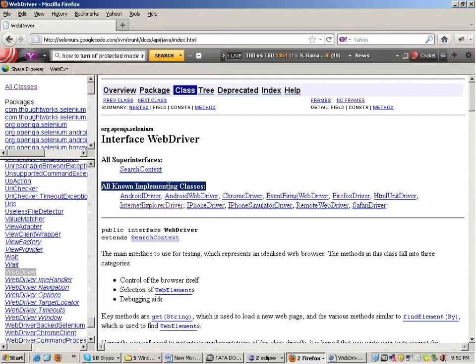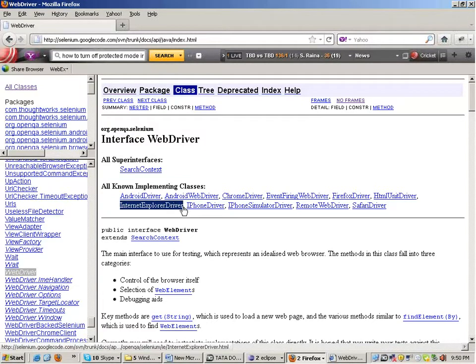All these are the implementing classes. Okay, there is an interface, WebDriver, and all these classes implement it, out of which we have studied Android driver, we have studied Firefox driver, and we saw Chrome driver.